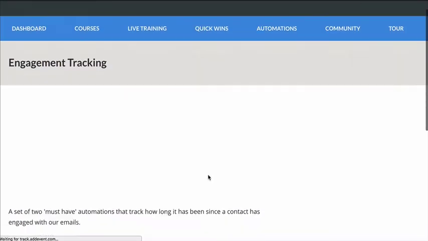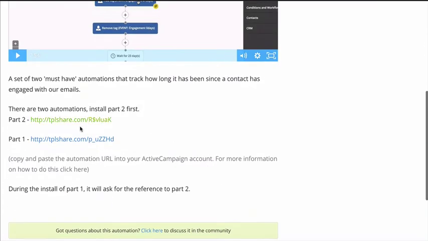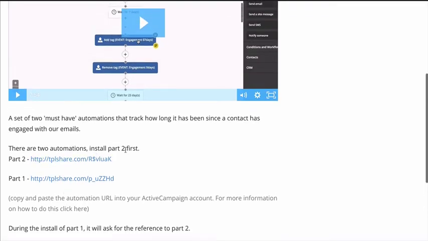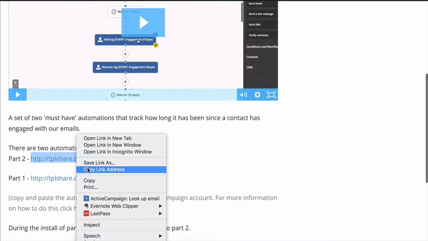And you'll see there's a little video walkthrough there of the automation. And then there's a couple of links here, and there's a note here at the bottom that says make sure you install part 2 first, because when you install part 1, it'll ask you about part 2. So what you need to do is basically just click on that, copy the link address,